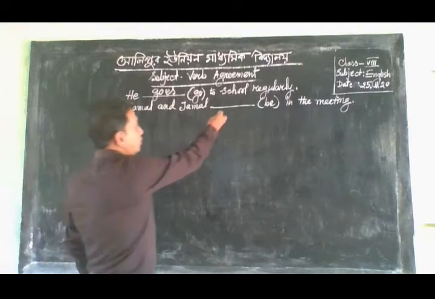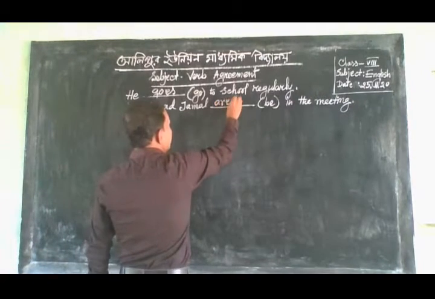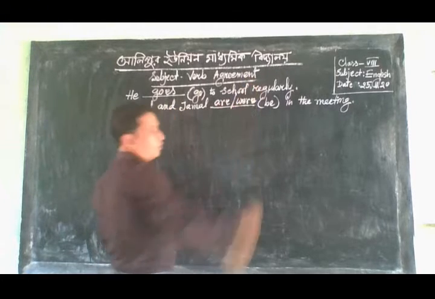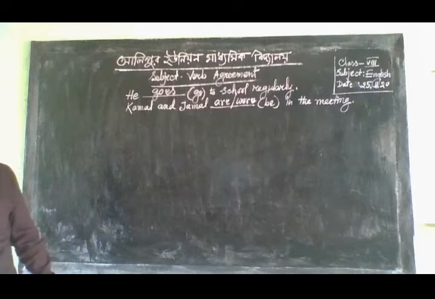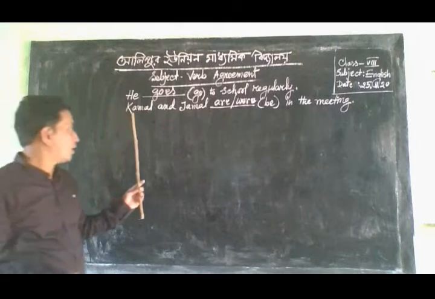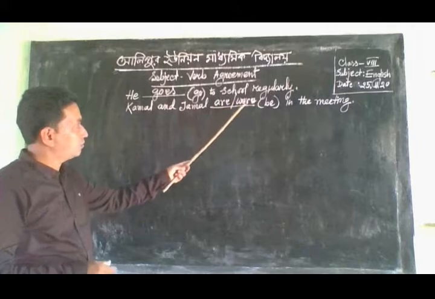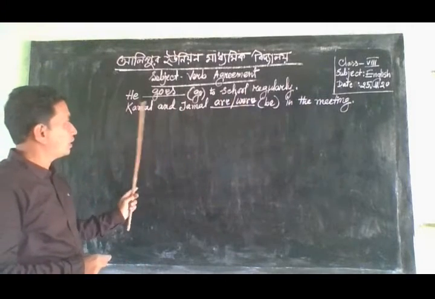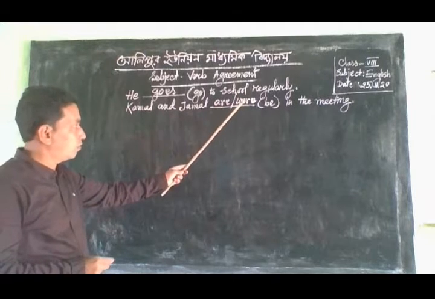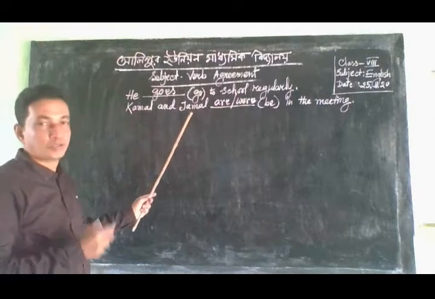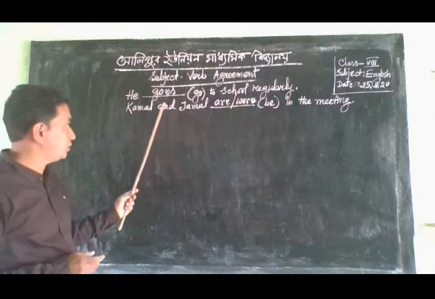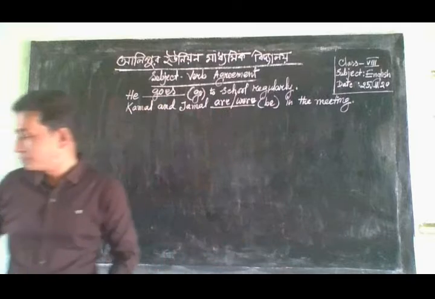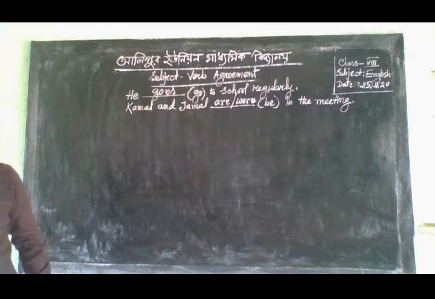So I may write here are, otherwise were. We may also write were because there is a signal in this sentence. So Kamal and Jamal are or were in the meeting. We cannot use here is or was because Kamal and Jamal are two persons and they are connected with and, that's why the plural verb must be used. Our next rule,